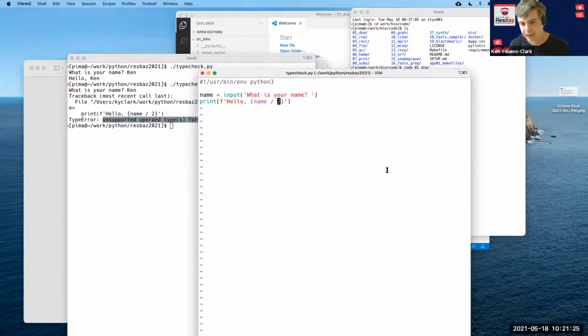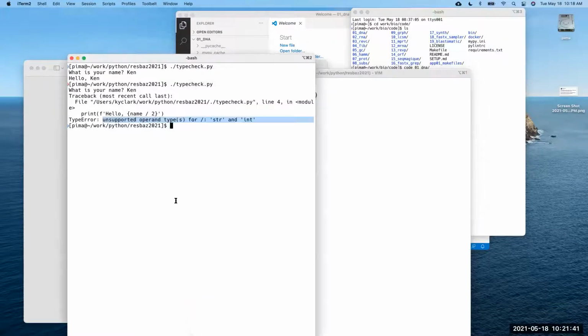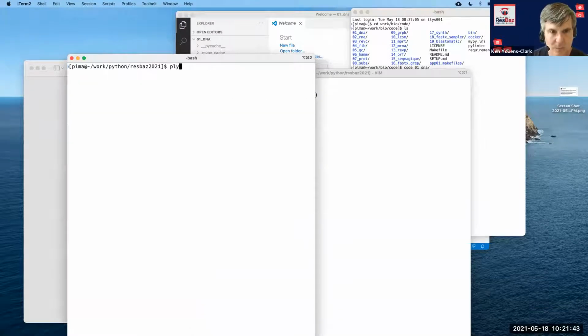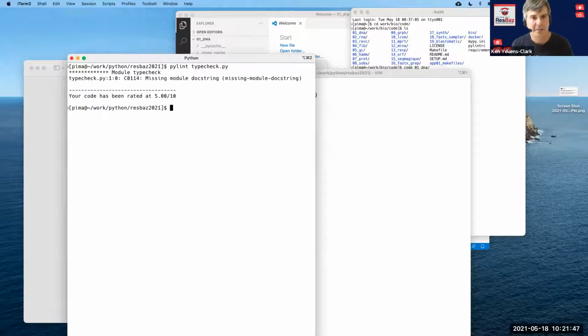And so if you're coming from a statically typed background like C or Java, you would know intuitively, well, if I say something's a string, then I can't use it in a numeric operation like that. And so we have these tools called linters that will help find problems with our code. And I said, one of them is called pylint. And I can run pylint on this program. And the most that it has to complain about is that I haven't put a doc string here.